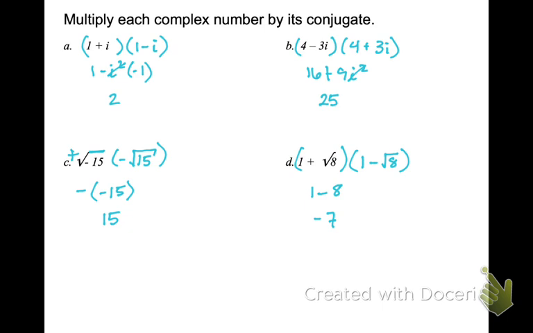Can we do conjugates with more than imaginary numbers? Yes. I will tell you this one right here, I would probably not do the negative. If I had negative the square root of 15, I would probably just multiply it by negative the square root of 15. And the only thing that would change about my answer is it would be what? Negative. And this is called rationalizing because we would have 1 over the square root of 15,